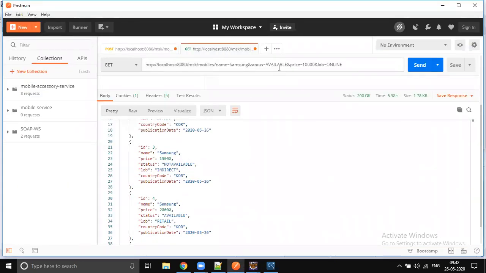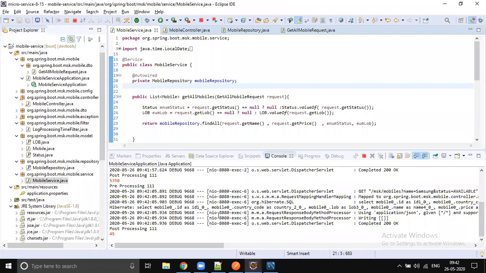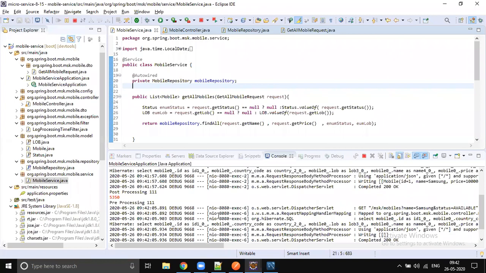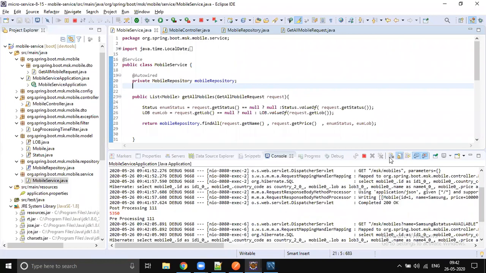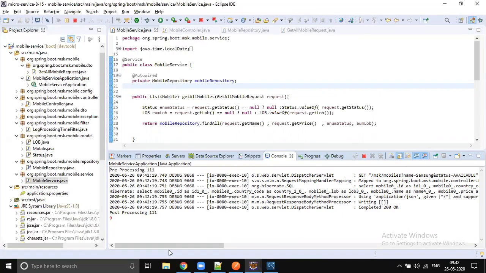Let's apply two filters. Then we should get matching on name and status. Let me clear the console and just check if the status is available. The query is this.